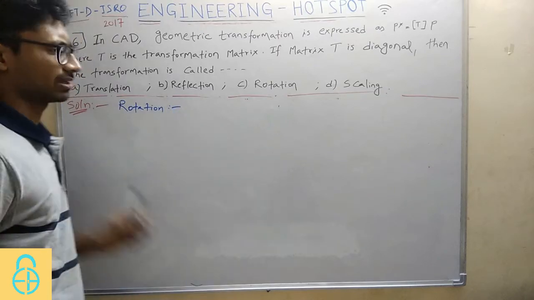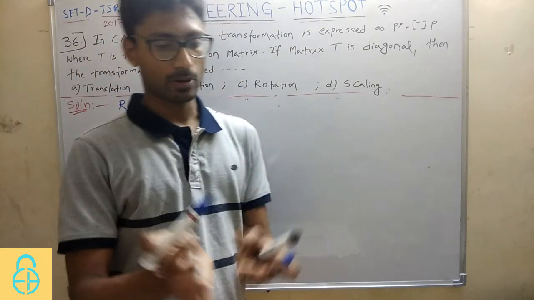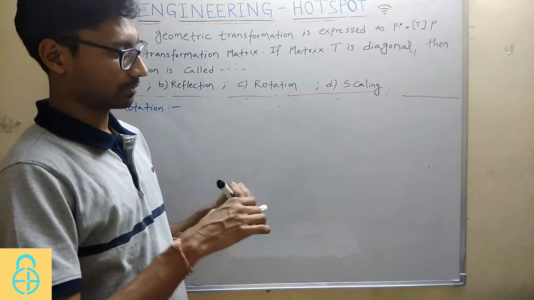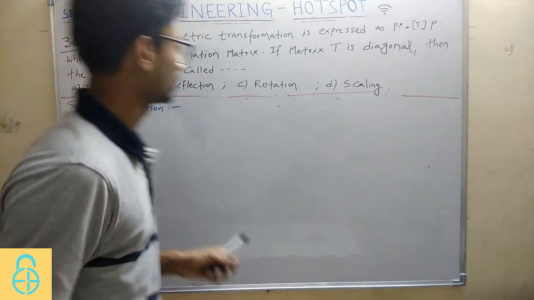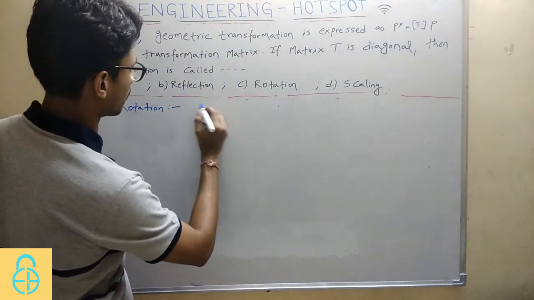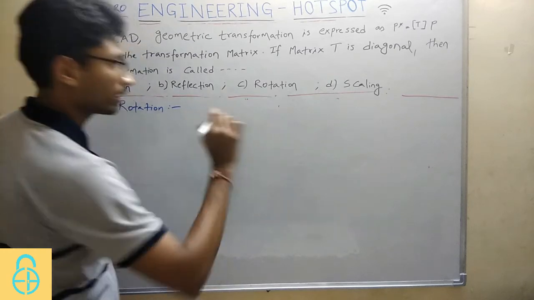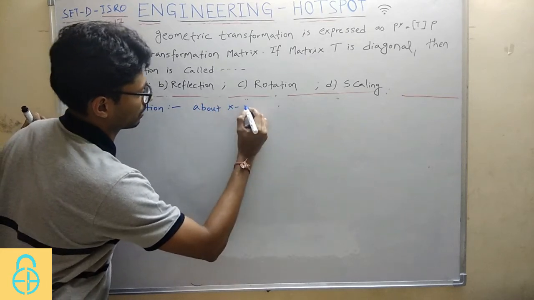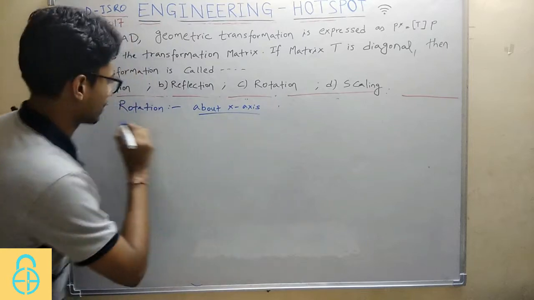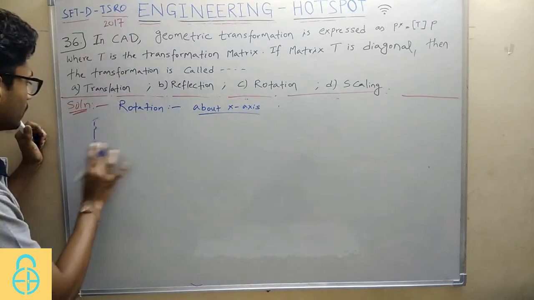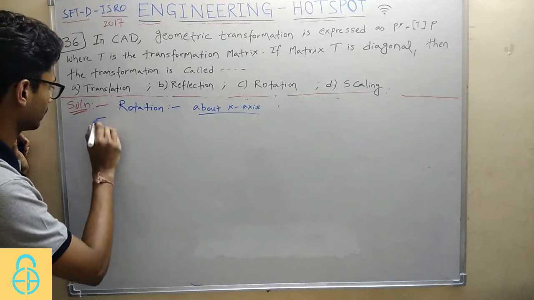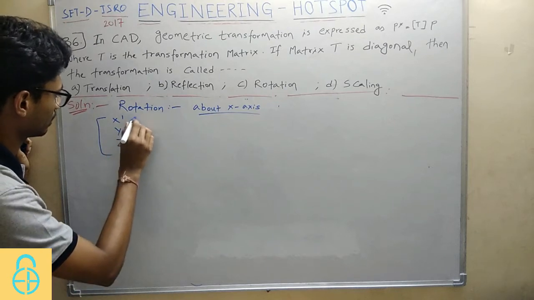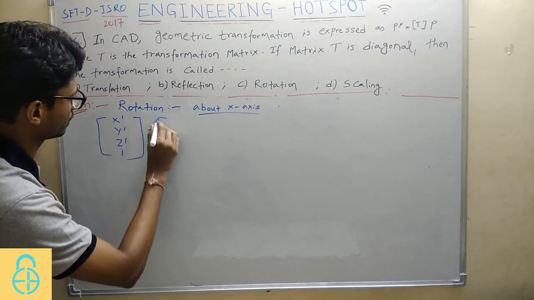See, rotation of some body can be about 3 axes. It can be about the x-axis, about the y-axis, or about the z-axis. So if a body is being rotated about the x-axis, I'm directly writing the transformation matrix. This is represented by x dash, y dash, z dash and 1, and it will be given as